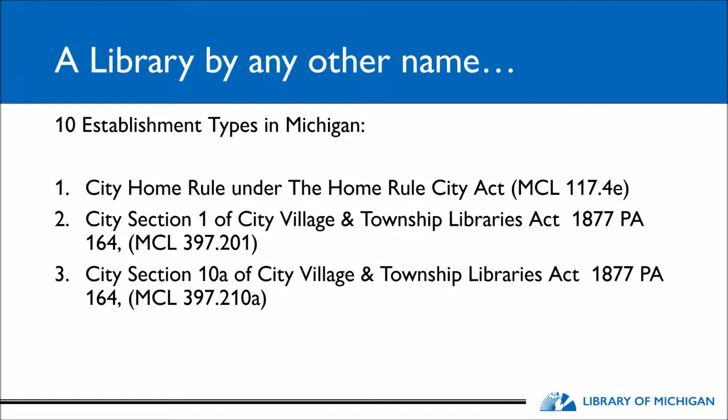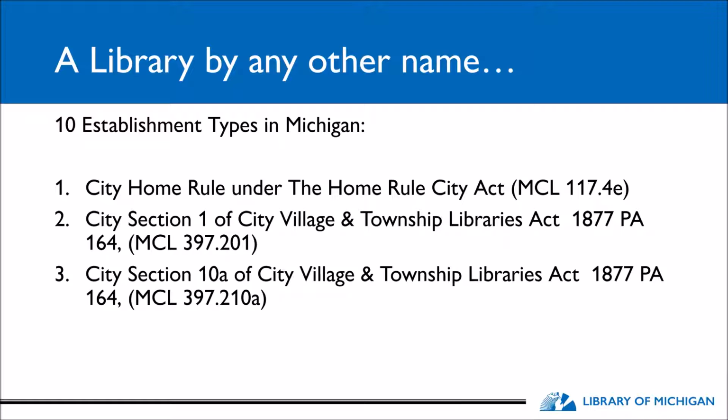In Michigan, we currently have 10 different establishment types. We have a city home rule library under the Home Rule City Act. That would be a city library that was established with a charter section, and only a home ruled city can establish that. We have a city Section 1 of the City, Village, and Township Libraries Act, which is the infamous PA 164, and City Section 1 allows a city to establish a library via a resolution or an ordinance,